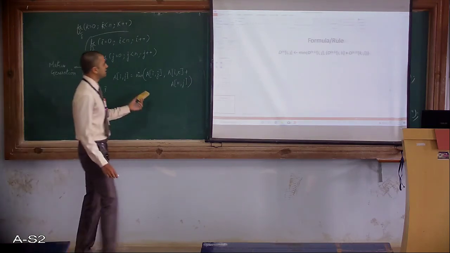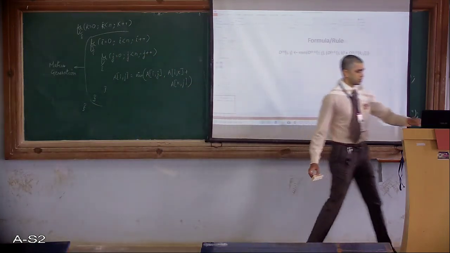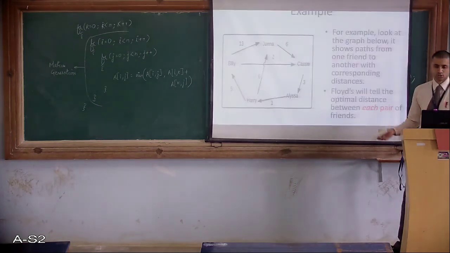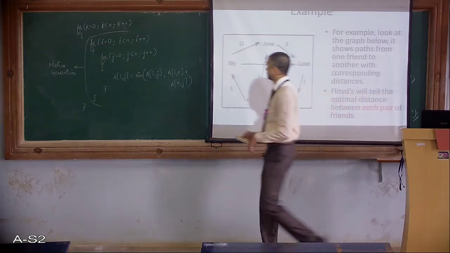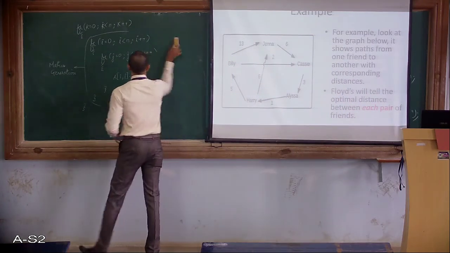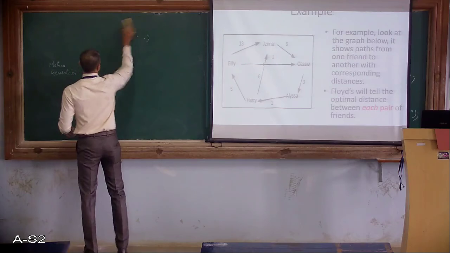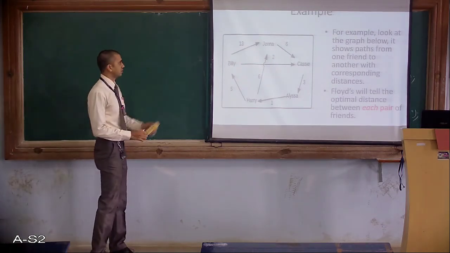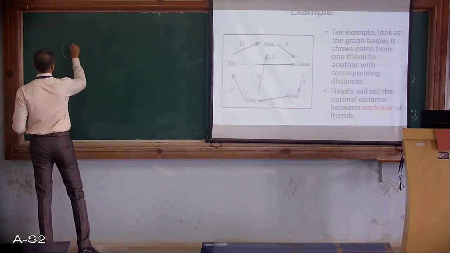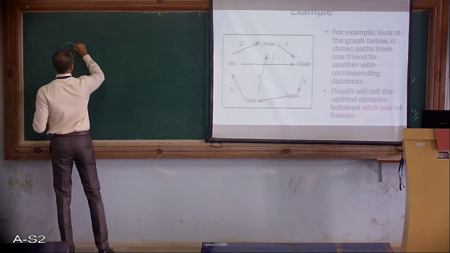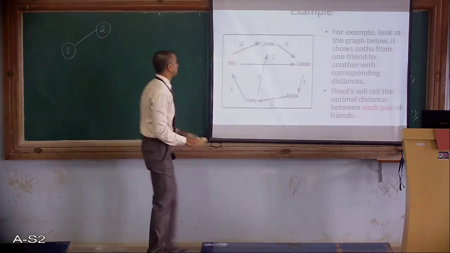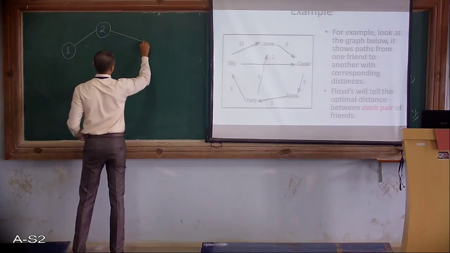You can take any other graph. I want you to calculate the cost adjacency matrix or the shortest path for this one. Take this as an exercise and calculate the shortest path between all the pairs of vertices using Floyd's algorithm. I'll just draw it here. You can call them 1, 2, 3, 4, A, B, C, D, whatever you want. So how many vertices are there? 1, 2, 3, 4, 5. So it is going to be a 5 by 5 matrix.